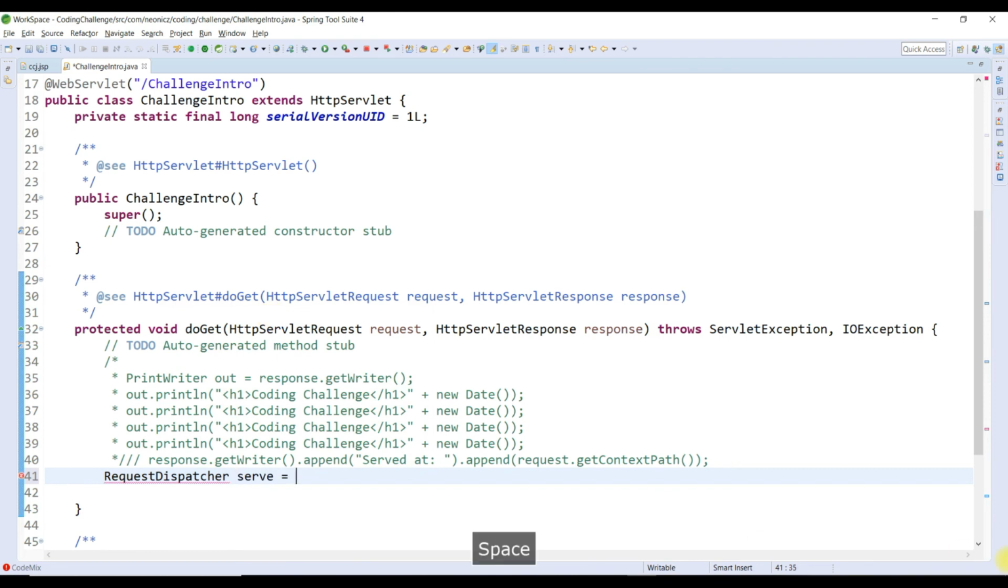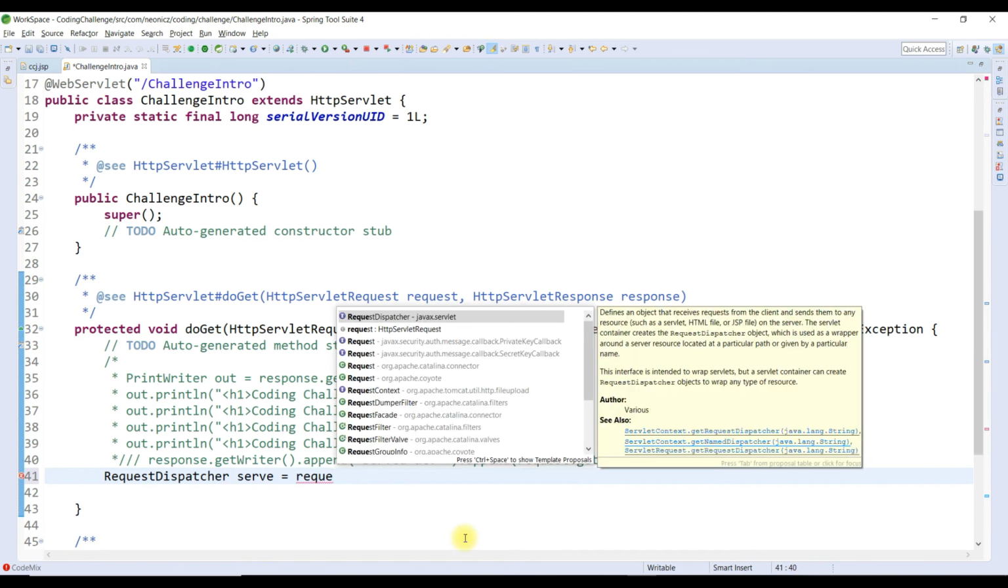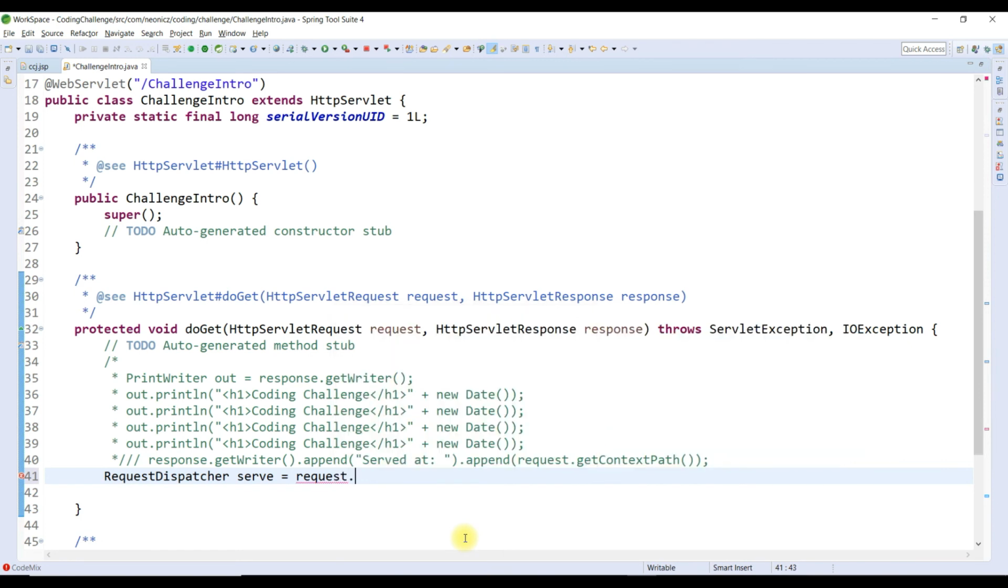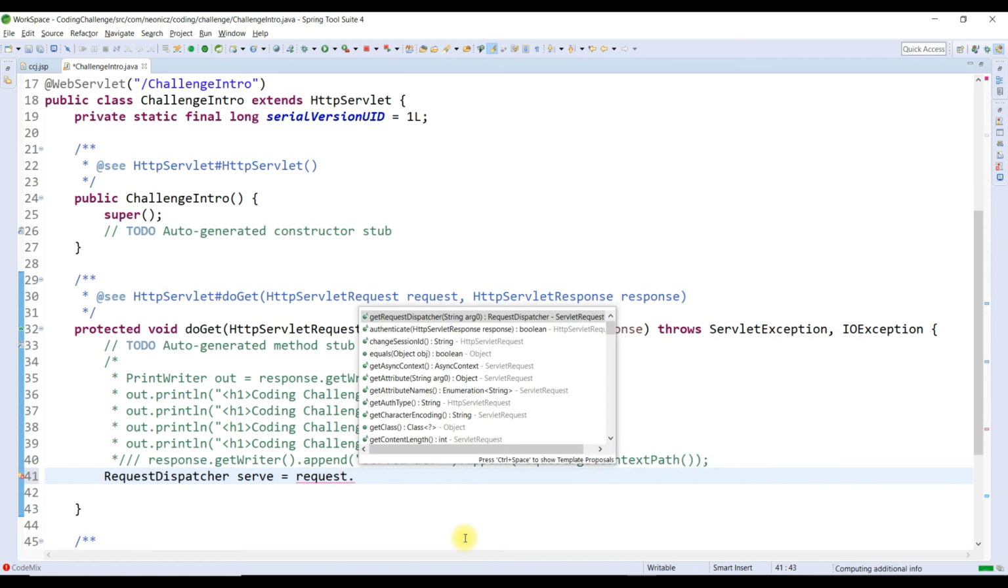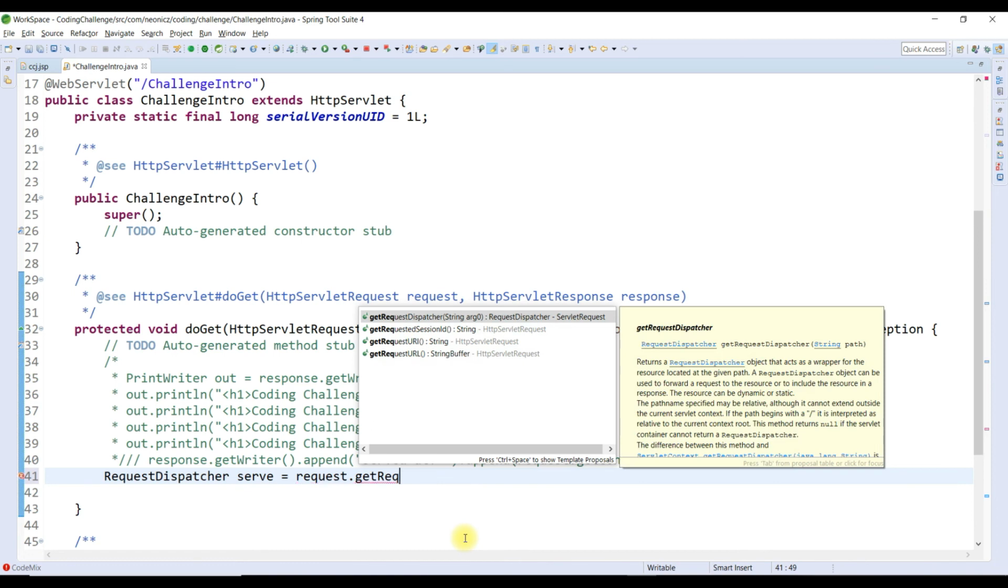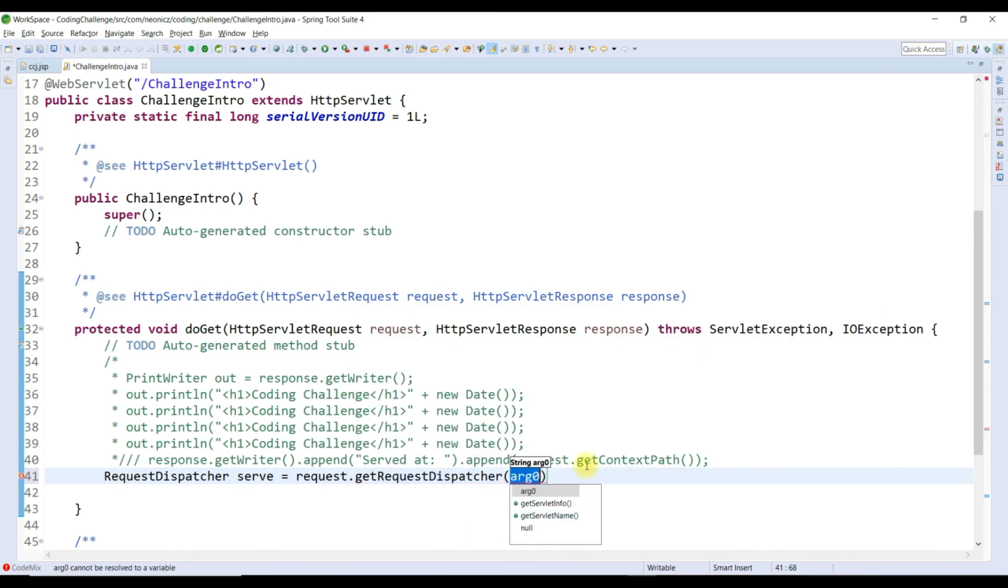Let me just give it the name serve. We need to get the request dispatcher from the parameter. We have an argument request, the HttpServletRequest argument here, right? So we can just call request dot, I think it is getRequestDispatcher, is where we are going to get it. So what this request dot getRequestDispatcher will do, it is going to give us a